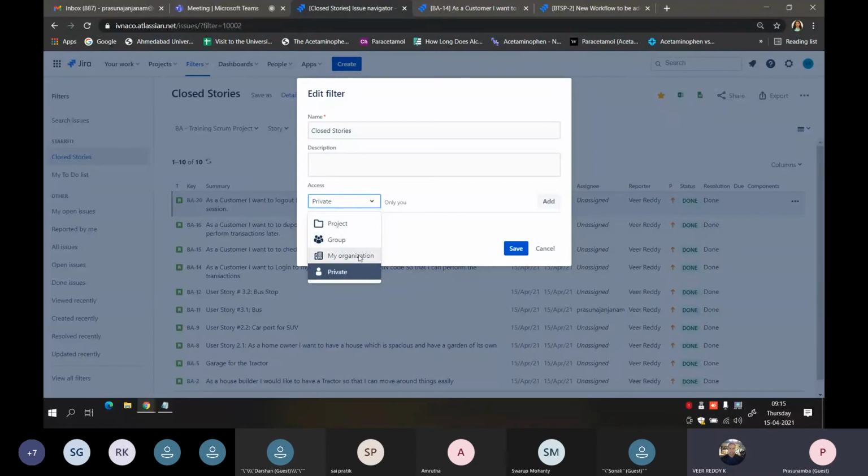So when I say for my organization, basically what happens is that any person who is logged into this Jira account, since we have created the Jira account using this company ID domain, ivanco.atlassian.net, anyone who is logged into this Jira would be able to see this filter if I save this.